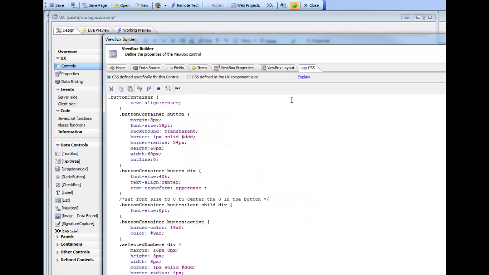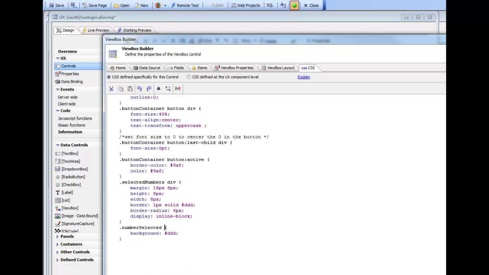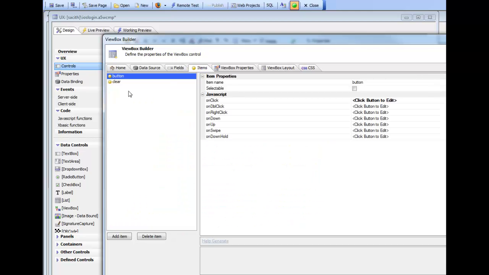If we go look at number selected over here, so we'll go there and choose number selected, we can see that number selected is setting a background color of a gray background. So let's go back now to the layout, and then we can also see now that when we tap on any one of the buttons, we're going to basically fire the events associated with the item called button. So let's go now and take a look at the button